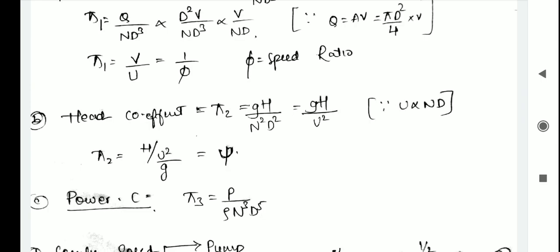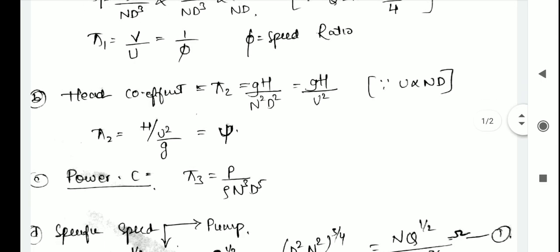It represents the ratio of the kinetic energy of the fluid, that is V proportional to the square root of H, under the head H, to the kinetic energy of the fluid running at the tangential speed of the rotor. The head coefficient is a constant for similar impellers. For a machine of given impeller diameter, the head varies directly as the square of the tangential speed of the rotor or impeller. This is called the second of the fan laws.